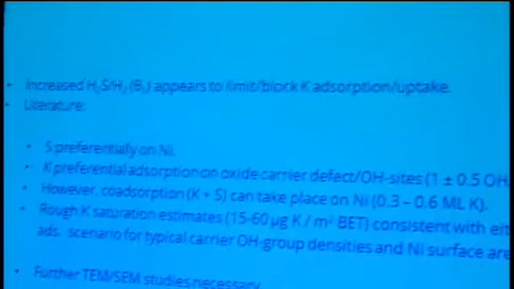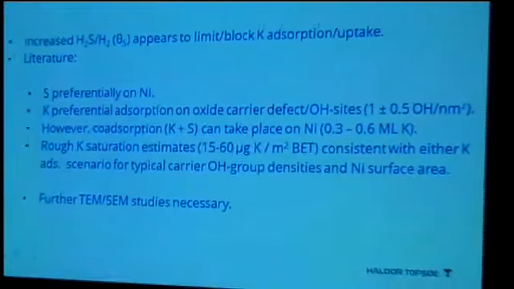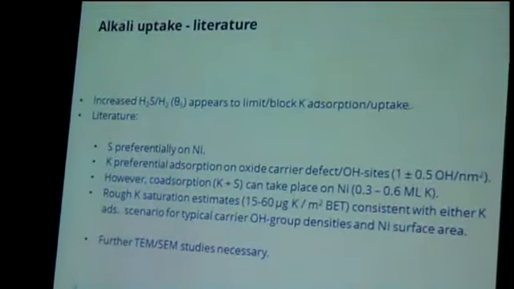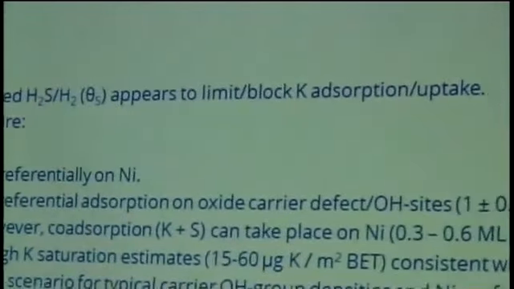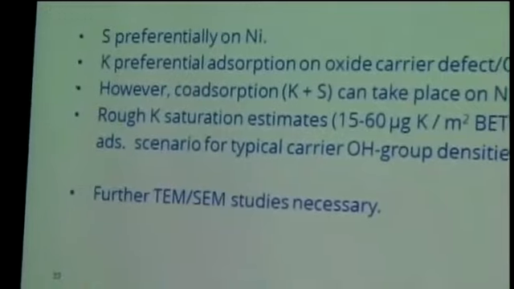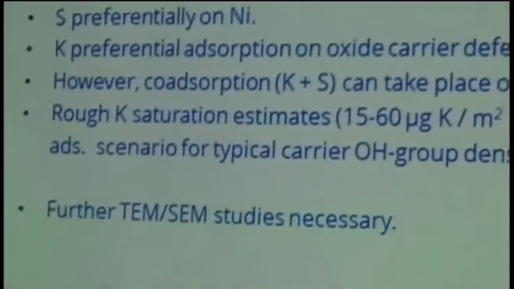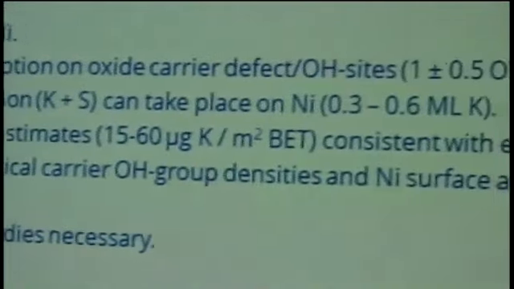We know that sulfur preferentially adsorbs on nickel. Alkali has a tendency of preferentially adsorbing on the oxide carrier defects and hydroxyl sites. We also do know that in the surface science literature there are some fairly stable potassium-sulfur co-adsorption effects on nickel. And if you just look at all these numbers,